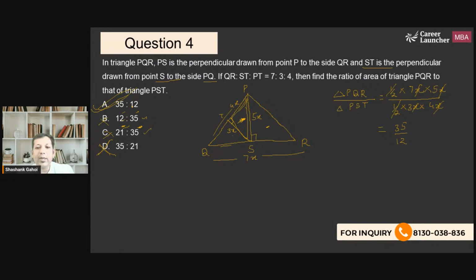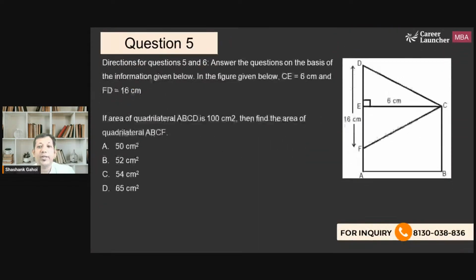Okay. Now let's move on to the next question. What does it say? Now it is the direction for question 5 and 6, which means we have to follow the same thing for this question and the next question. So it says that the information given, a figure is given to us. Okay, fair enough. CE is 6, DF is 16. And it says that area of quadrilateral, this is a typing error, it should be square. Then find the area of ABCF. So it means we are talking about this area,